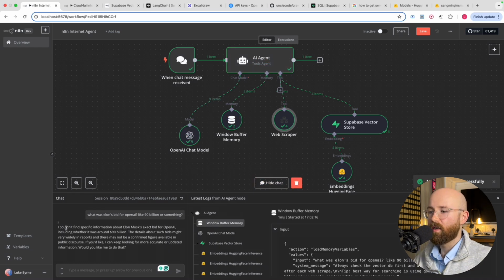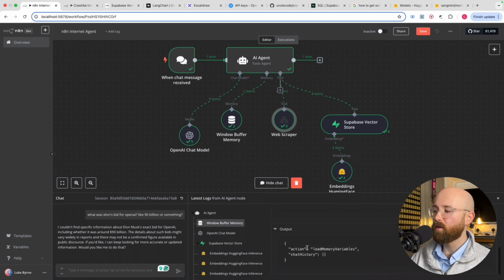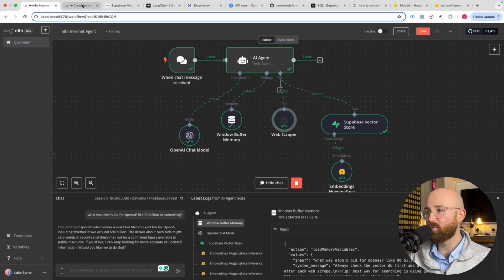Right, so let's see. I couldn't find specific information, including whether it was around 90 billion. The details of it may be widely reported, but there's no confirmed figure available. Interesting, right. So anyway, what we can do is go to web scraper and see